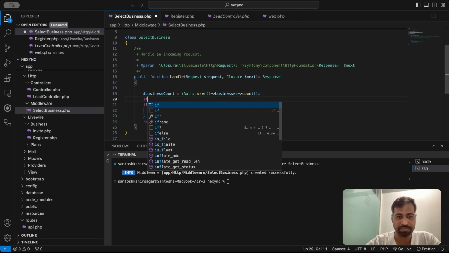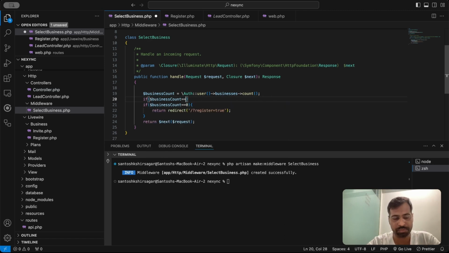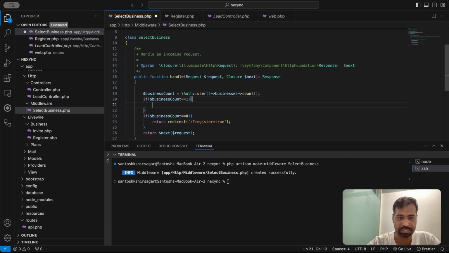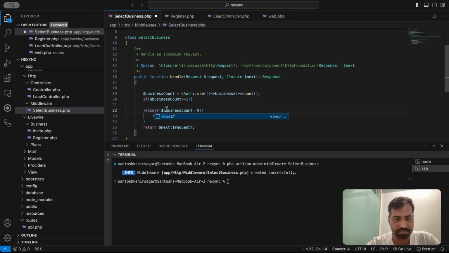Before that I will add if $businessCount equal to 1, if there is a single business, and I will add this as an else if. Okay, if there is a single business, we will directly add that business to the session. So I will just write a comment here,